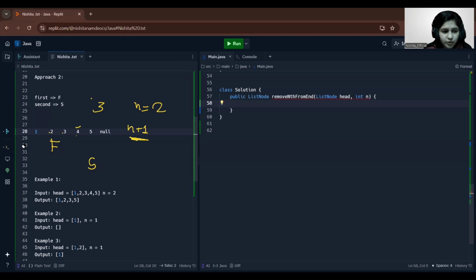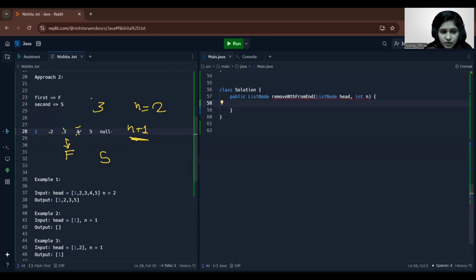Again, I'm going to move my pointers. Let me delete this for your clarity. Again, my S pointer was at 5. My S pointer is going to move again, and my F pointer will be here on 3. It is on 3, okay. Now my S pointer has reached null, which means there are no other nodes to visit. Then what I'm going to do is delete, and you can see my F pointer is on 3